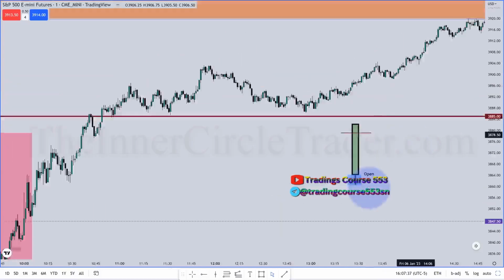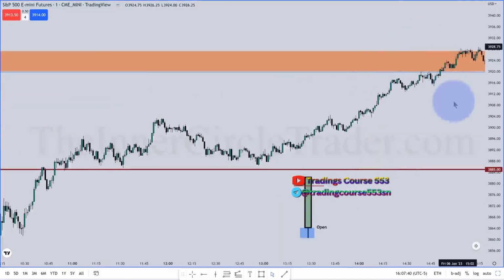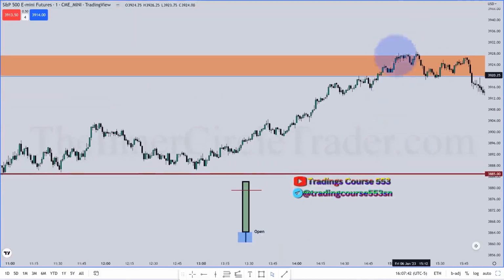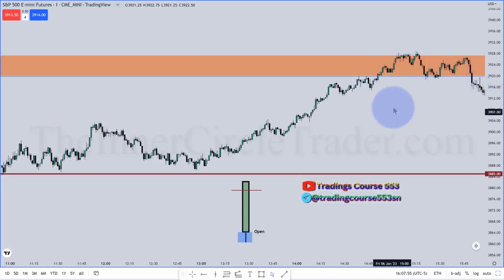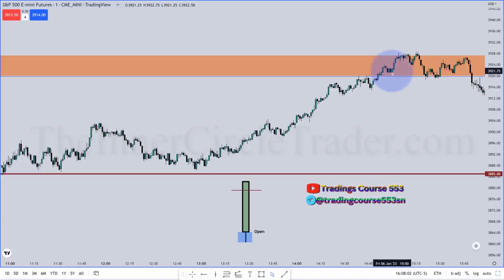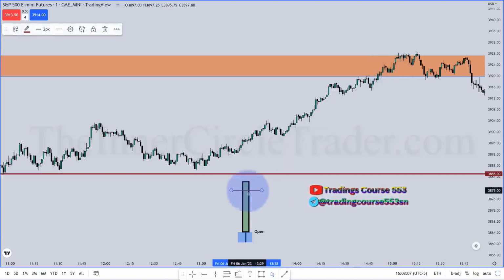Okay, so we can see that it goes up into that daily volume imbalance. Remember that orange rectangle I drew on the daily chart time frame? It goes right up into it. Look at the bodies of the candles respecting the top end of that. Then it drops back down into the low end of it, bounces around, hangs in there, and then leaves it. You see that? And here is 3 o'clock, right there. So if your target happened to be this daily volume imbalance,